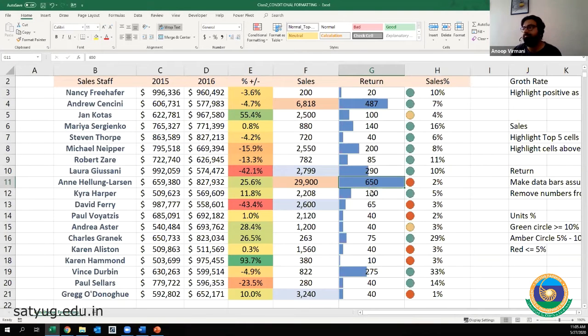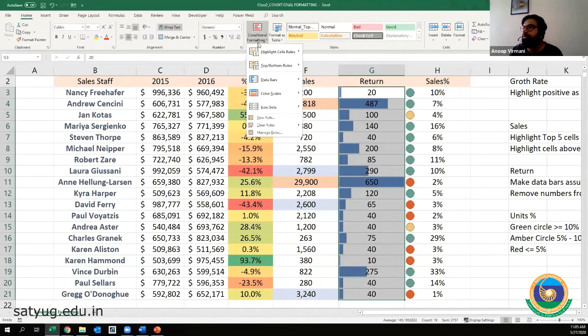But as we also want to see how 650 is performing, and now it is all on your business. Let us say the goal of this return was to reach 800, right? But none of them reached 800. So what do? We select this return again, right? And go to conditional formatting for manage rules, right?